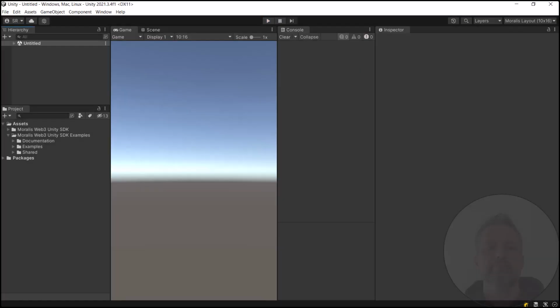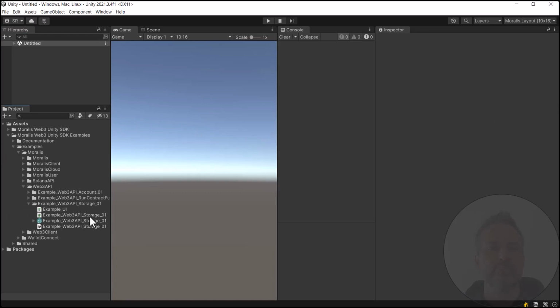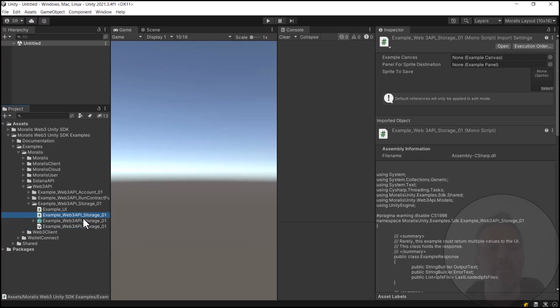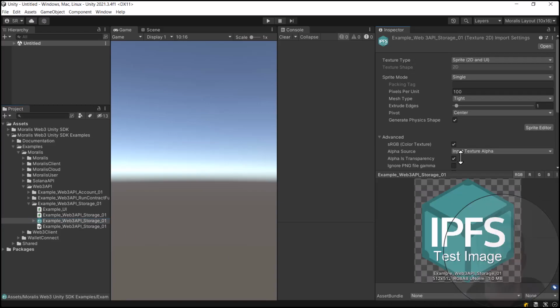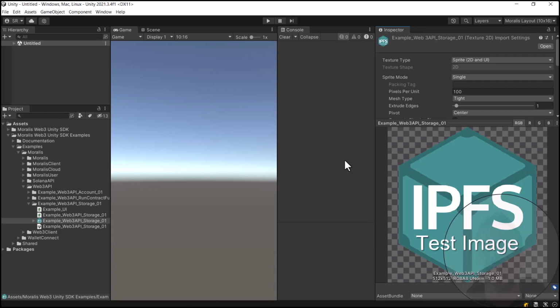That's it. And now let's take a look at the storage options we have here with Moralis. In this example, we're using IPFS, which is the way that you're able to do storage with blockchain technology. And it's all exposed by the Moralis Web3 API. So here in the folder, we've got the scene itself. We've got, of course, the main script that we'll step through. And then I have an image here,